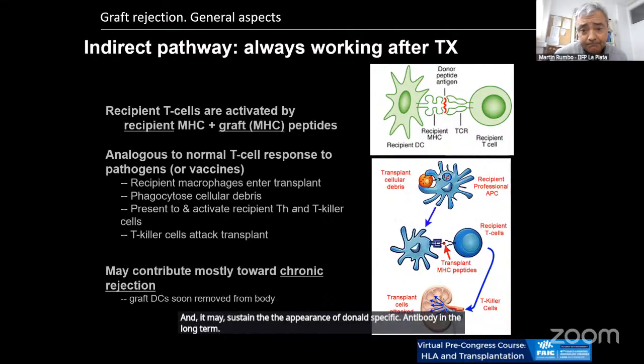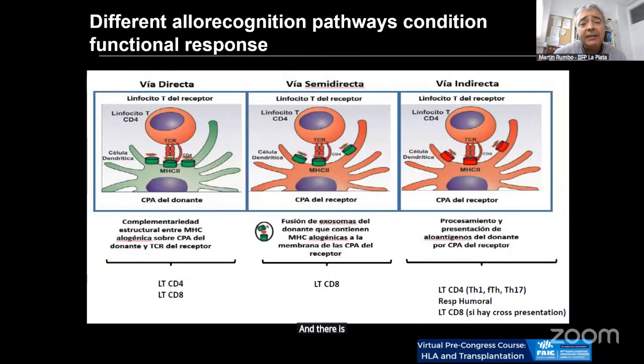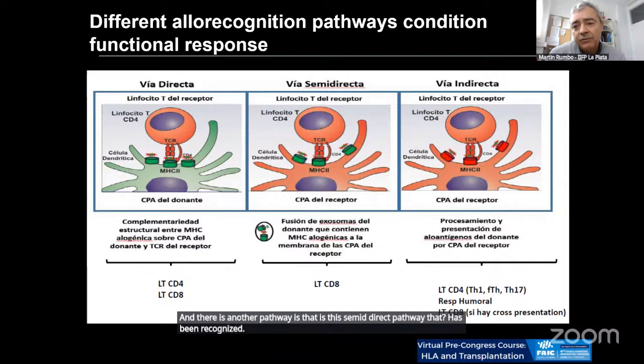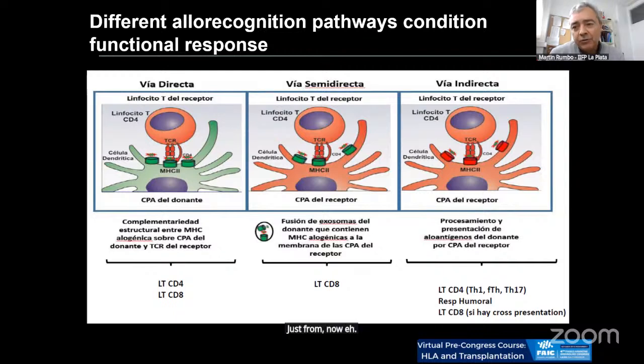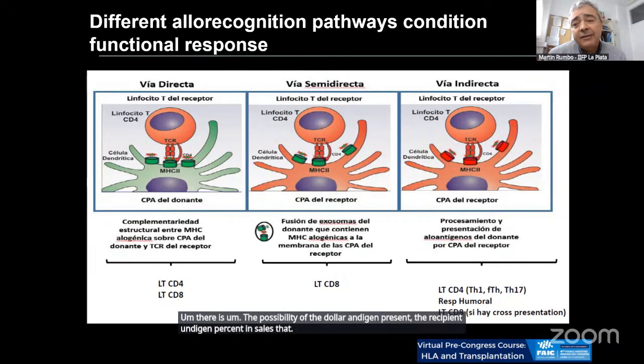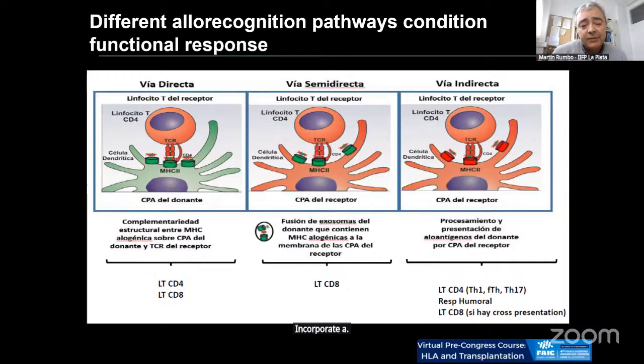And there is another pathway, the semi-direct pathway, that has been recognized only in about the last 20 years, in which recipient antigen presenting cells incorporate microvesicles containing the full MHC of the donor, and incorporate this in the membrane, and